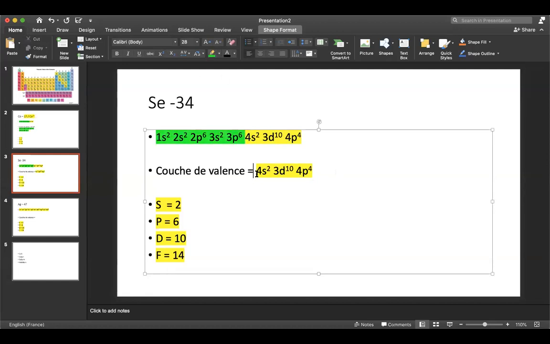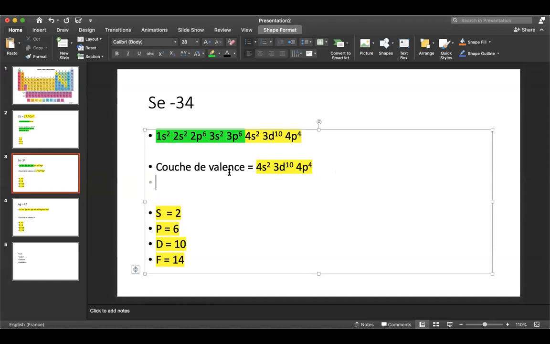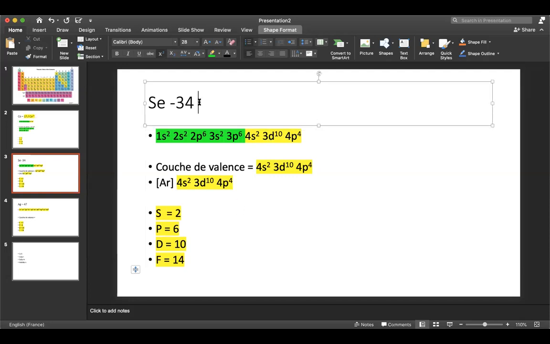So this becomes the couche de valence, and therefore the noble gas will be what? Argon. Voila, very simple, guys. If it's argon, then you put the terminaison. Point. That's all. Then if there's an ion, also if there's a selenium ion,